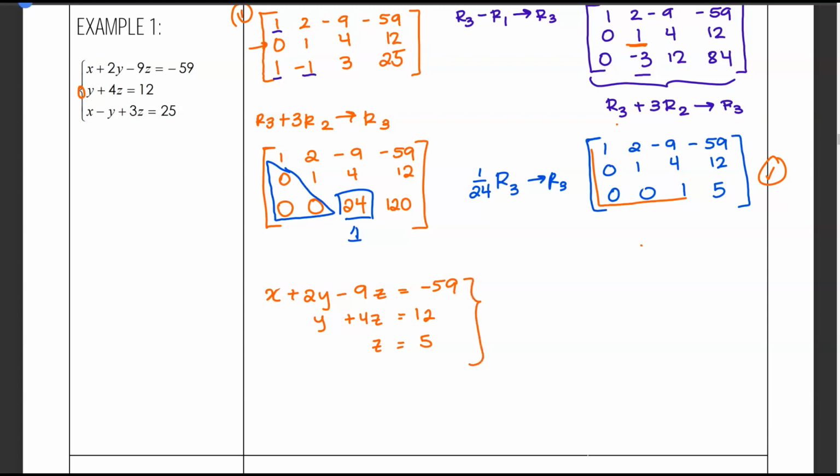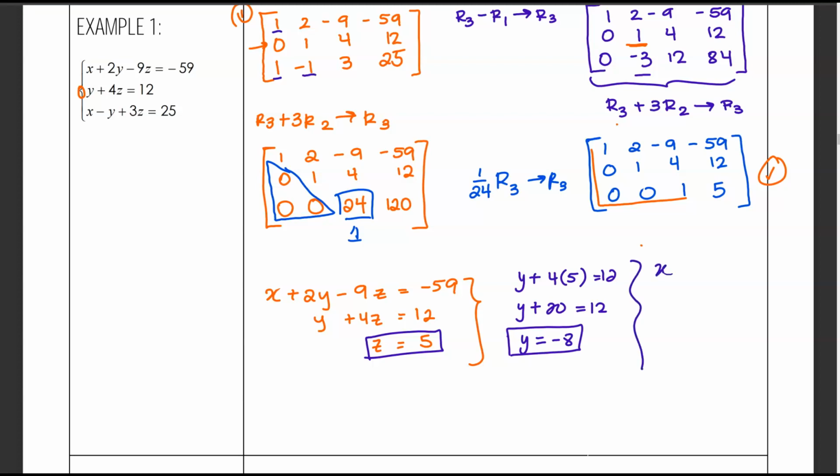Well, so now I just have to back substitute, right? So if z equals 5, then I know that y plus 4 times 5 equals 12. So therefore y plus 20 equals 12. And y is going to equal 12 minus 20, which gives me a negative 8. So now I have z and y. I'm going to go back and substitute for x. So I'm going to have x plus 2 times negative 8 minus 9 times